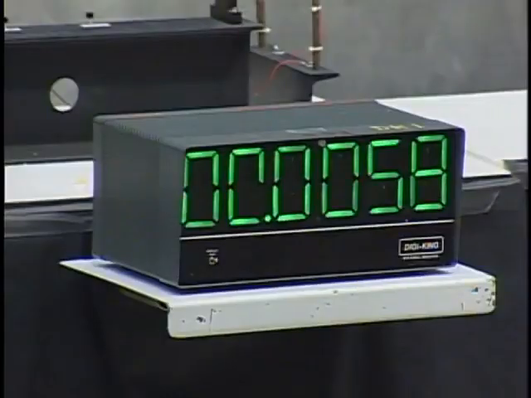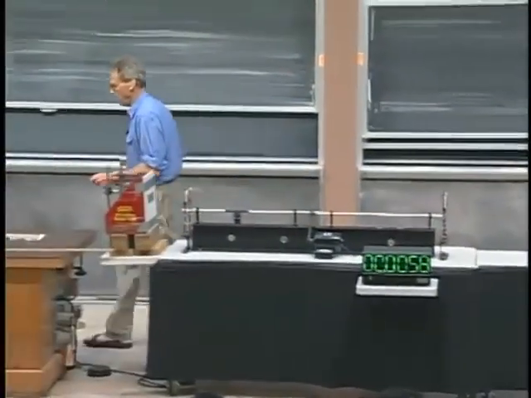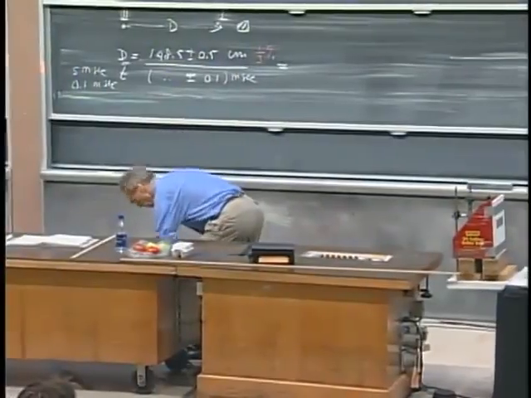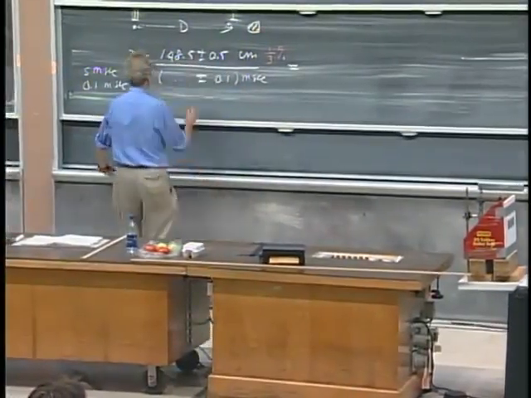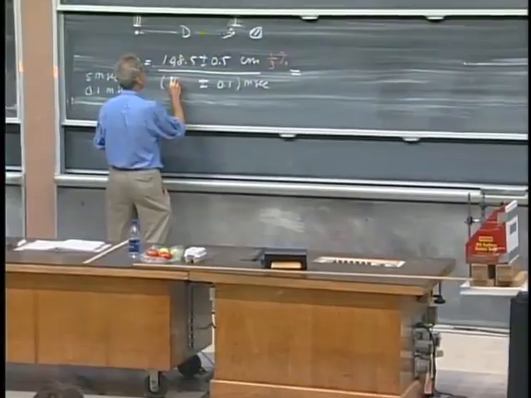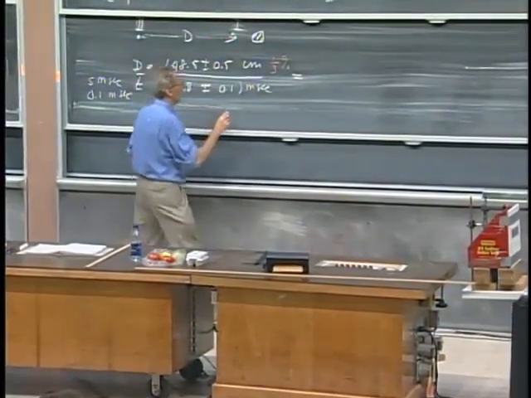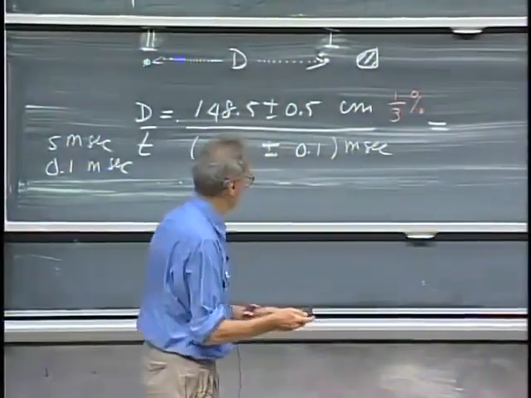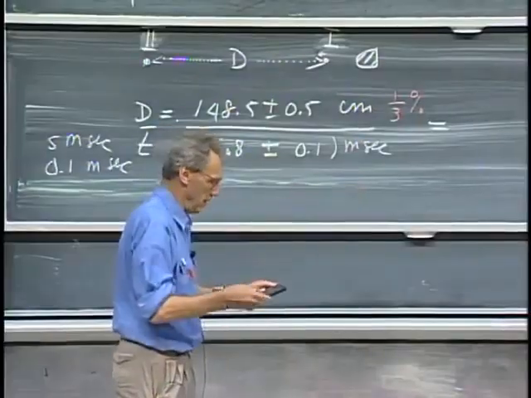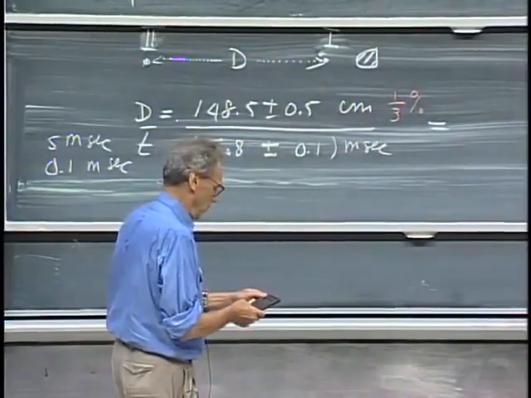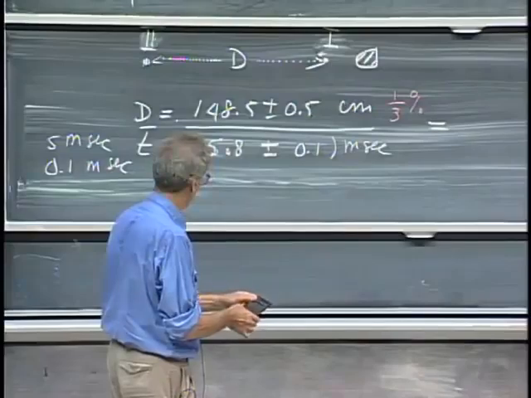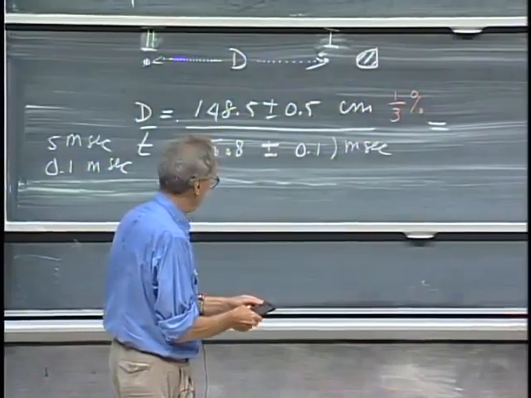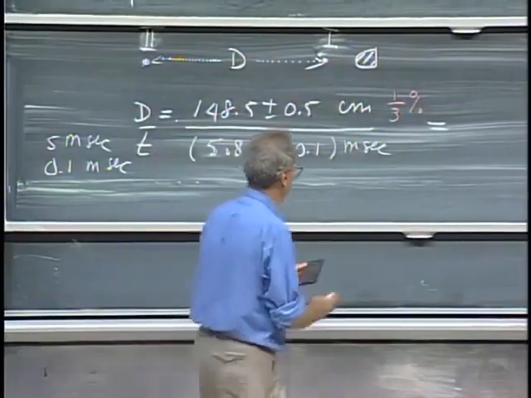What do we see? 5.8 milliseconds. 5.8, is that what you see? Yeah. 5.8 milliseconds. 5.8 plus or minus 0.1. So out comes the average, call it speed or call it velocity, it's the same thing in this case. 148.5, 5.8, and I have to convert it to meters per second. That brings it at